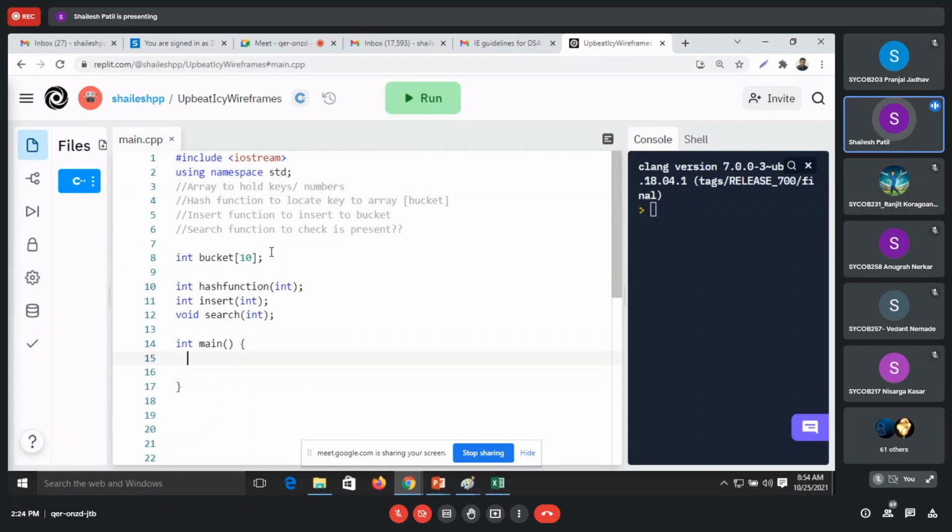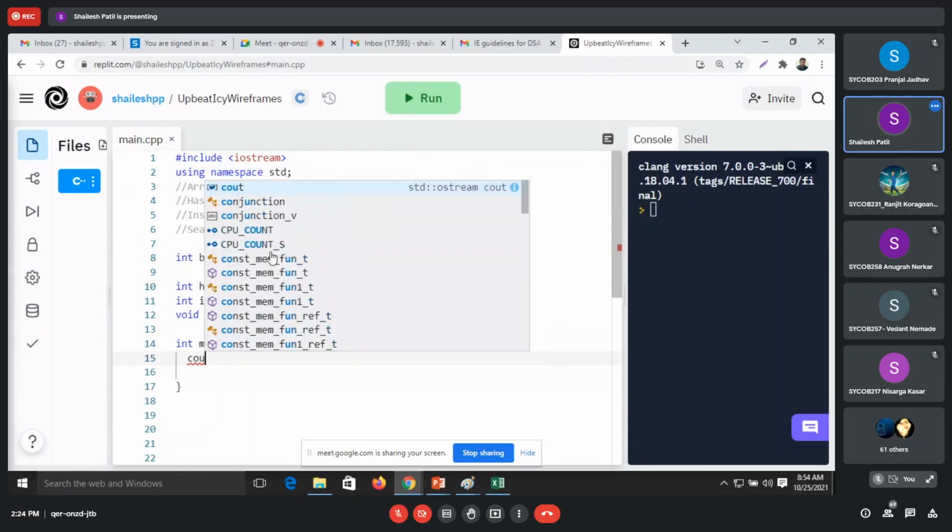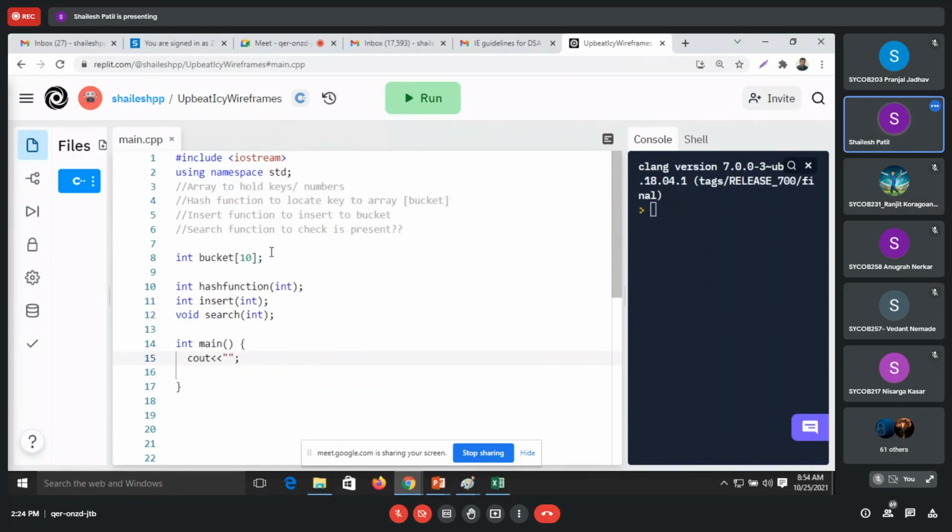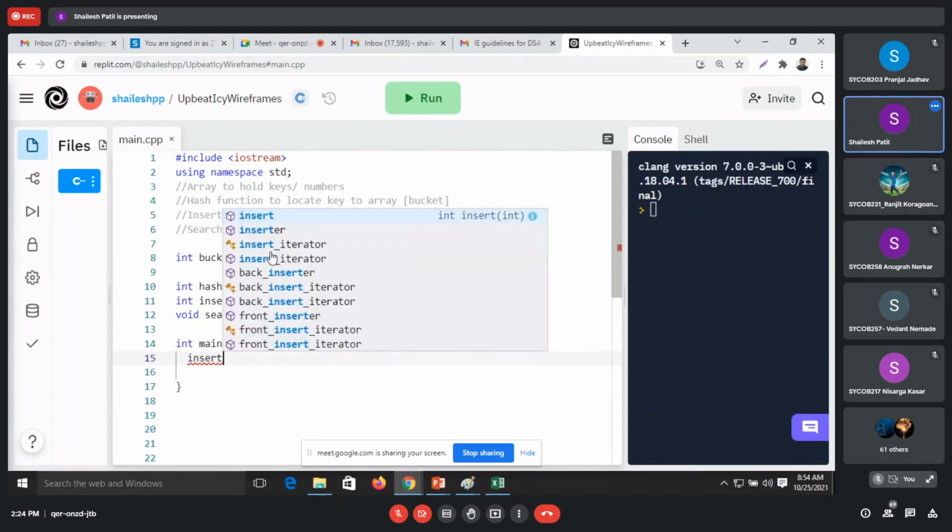Now we'll just write cout, enter number to store. Directly, or I will call the insert function instead. So I will call insert.